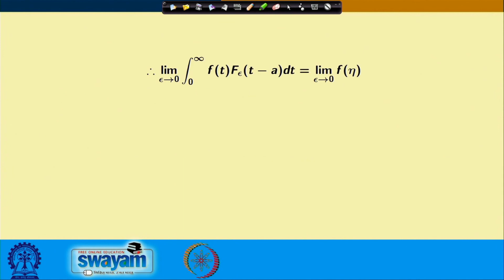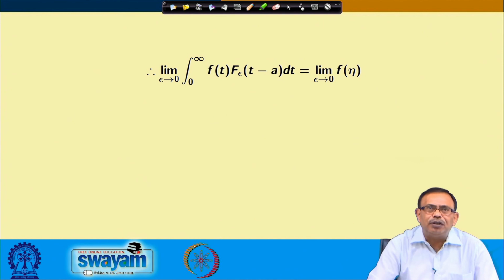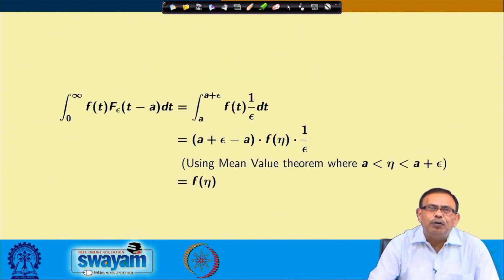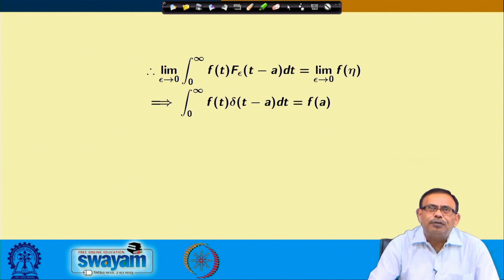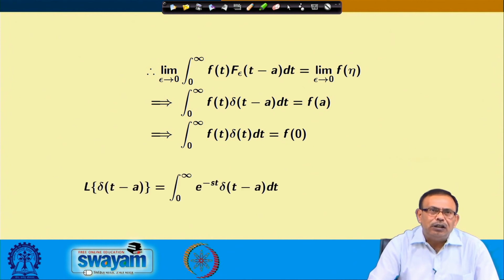equals f(tau), and from here I am getting the limit as epsilon approaches infinity of the integral from 0 to infinity of f(t) into f_epsilon(t) dt. Therefore, I am writing the integral from 0 to infinity of delta(t minus a) f(t) dt, which is nothing but f(a), using the earlier properties. So, the integral from 0 to infinity of f(t) delta(t) is f(0), and